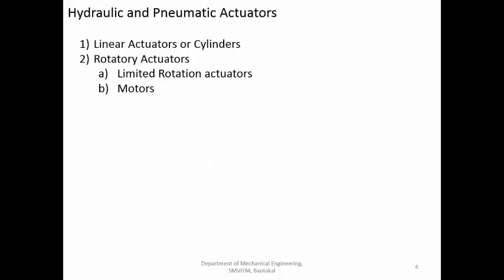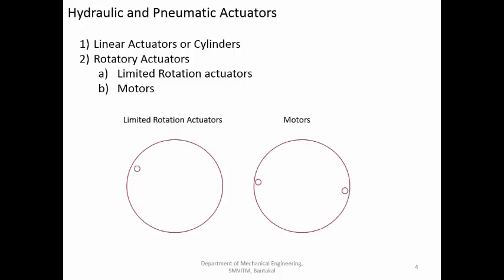Next one is a rotary actuator. Whenever we say rotary actuator, the output will be rotation. That is the output you are going to get. Now when you have rotation, there are two types. One, it can rotate continuously, like an ordinary electrical motor, for any amount of time. Such a rotary actuator is simply called a motor. A hydraulic motor or a pneumatic motor usually means it can rotate continuously for a long period of time without any issues.